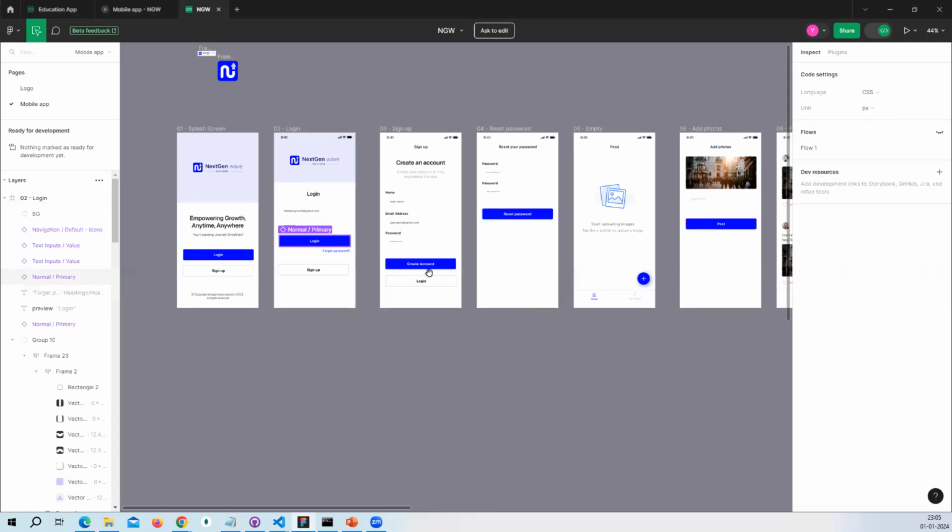Here is a login button, create account, reset password, post. Same with the title. The title is different here and here and here, right? So instead of writing the same code in all the places, I'm going to create one reusable button for